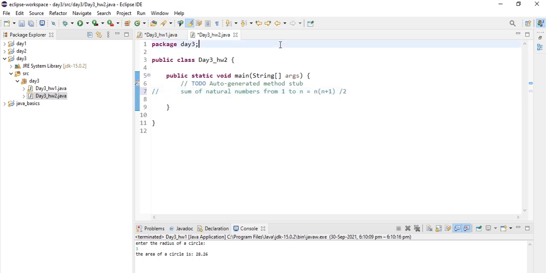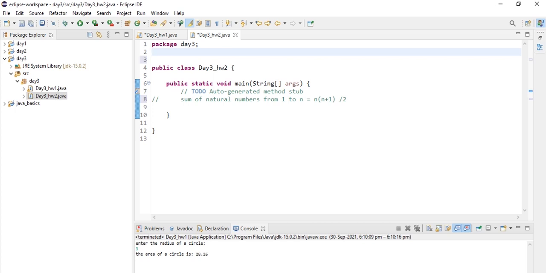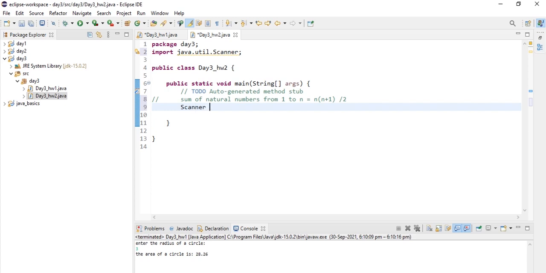So first let's import the Scanner class, which is available in the util package, that is import java.util.Scanner, and here let's create an object by typing Scanner input is equal to new Scanner of System.in. Here input is the object name; you can take anything like this, but I'm choosing input.